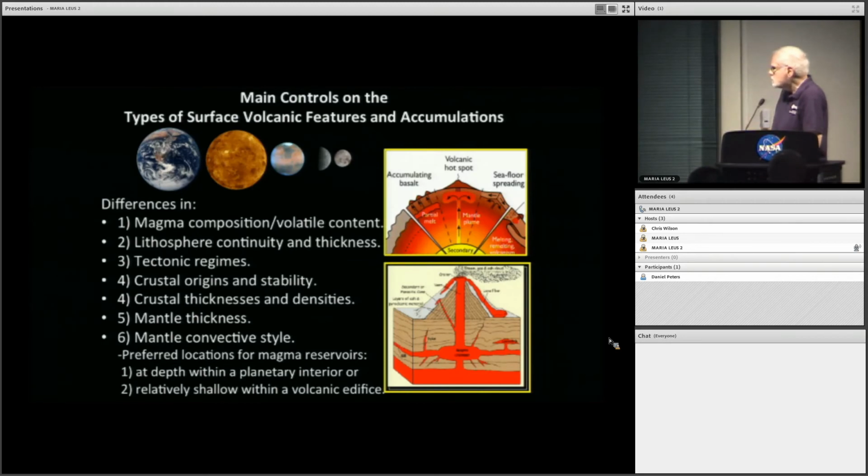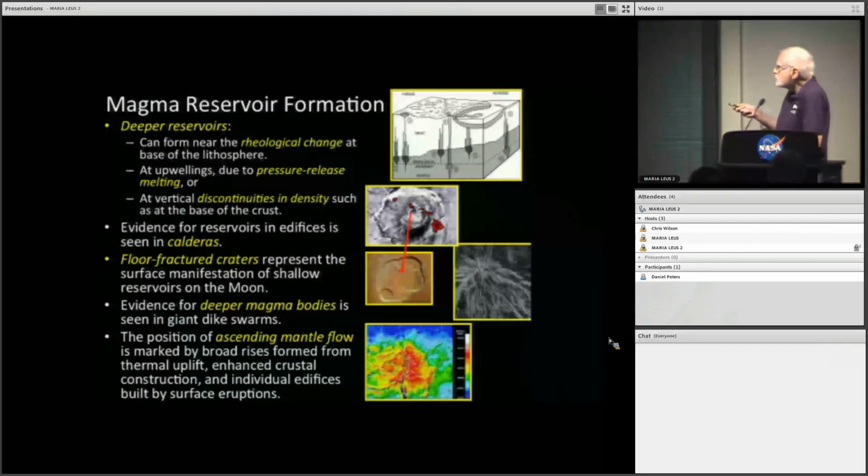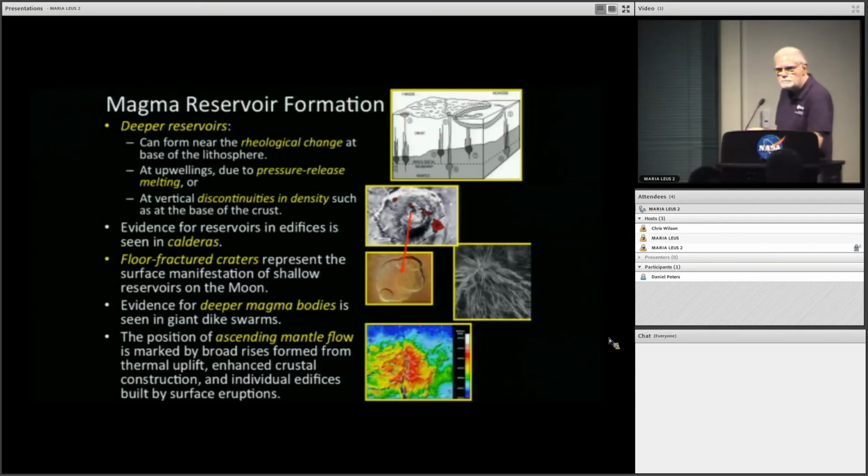So let's just take this as a basic concept for deep and shallow reservoirs. Now, magma reservoir formation: the deeper reservoirs can form at rheological boundaries. They typically can form and also stop there. And with increasing rheological boundary evolution, thermal evolution of the planet, they deepen with time, particularly for the small